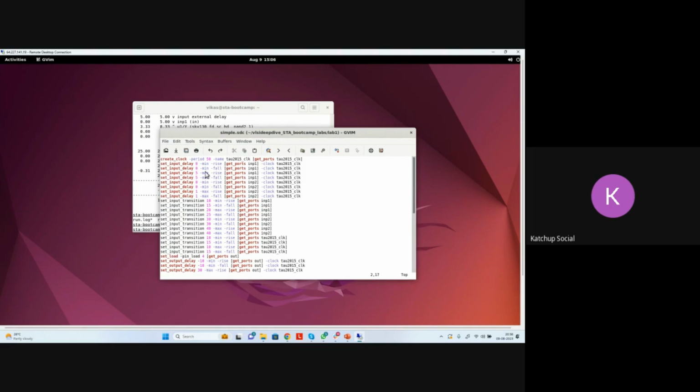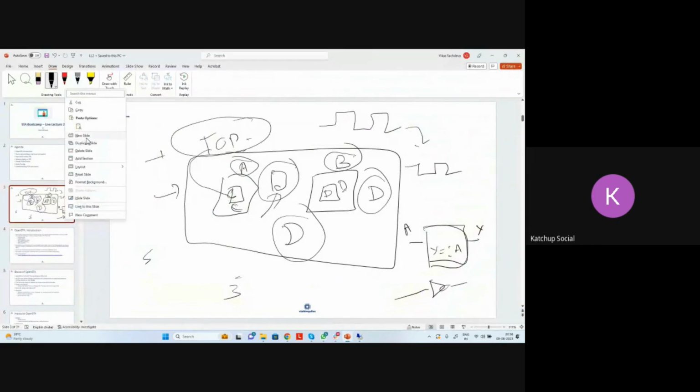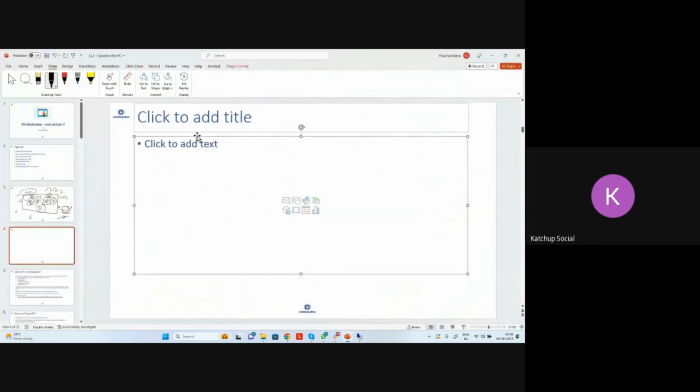You will also notice there are two options. There are multiple options I'm giving: min rise, min fall, max rise, max fall. What is the meaning of this? Okay, so let's understand that. So I told you, right? Outside circuit